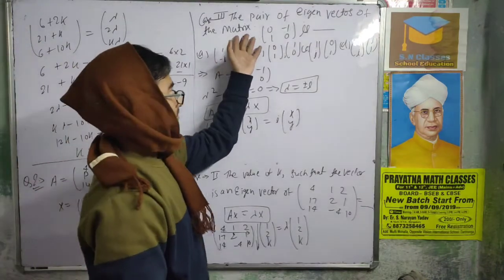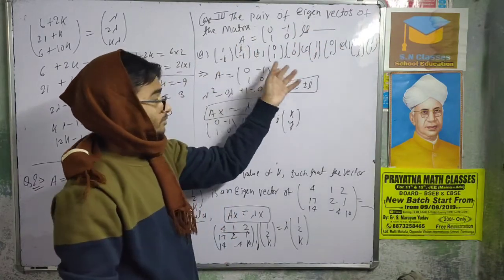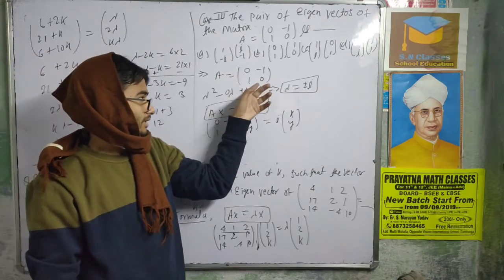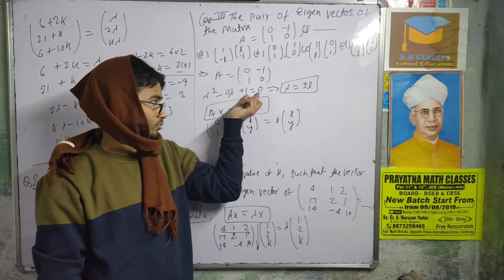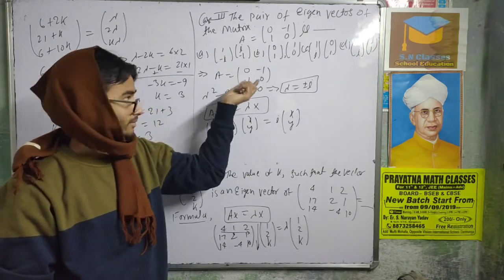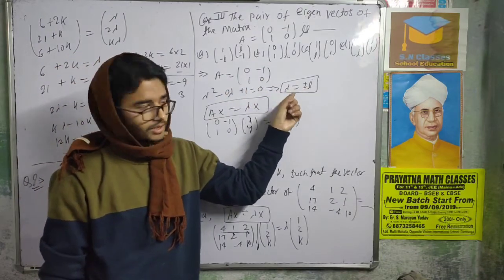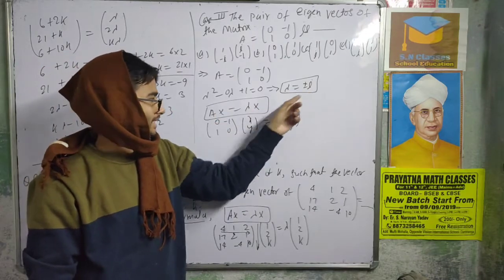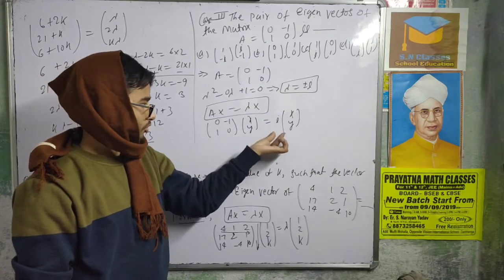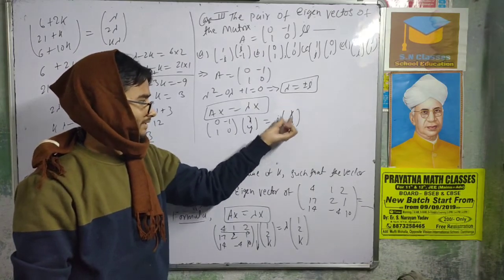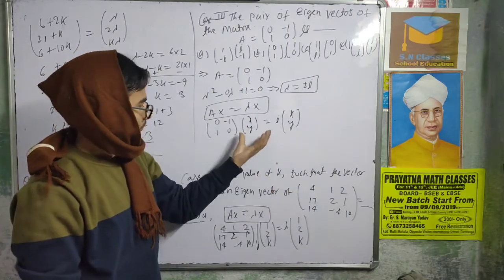Property number 3 tells: if the pair is eigenvectors of the given matrix A, then which options are true? For A given, the eigenvalue equation is lambda square minus s1 lambda plus s2, where s1 is the sum of the diagonal elements, 0 plus 0, which is 0. So lambda becomes plus or minus i; lambda means eigenvalue. You will get eigenvalues plus or minus i. Put it in Ax equals lambda x. A you know, lambda you don't know, so we find lambda and substitute here. By looking at this option you can't say anything, we need to solve it further.